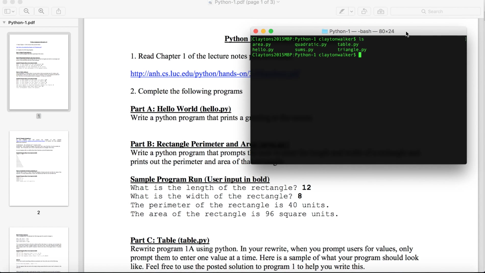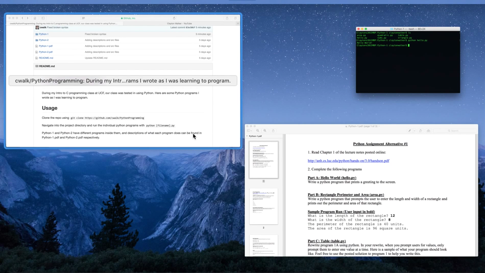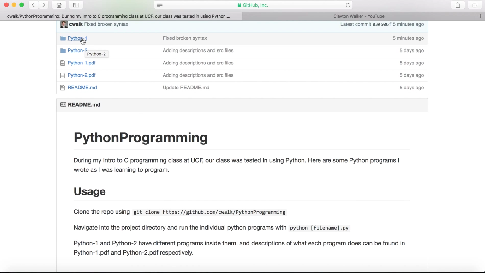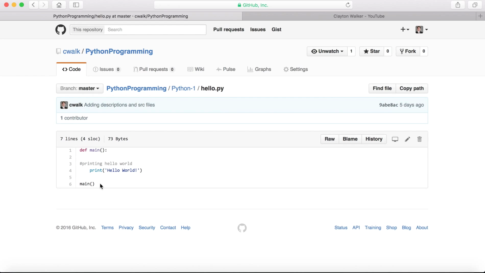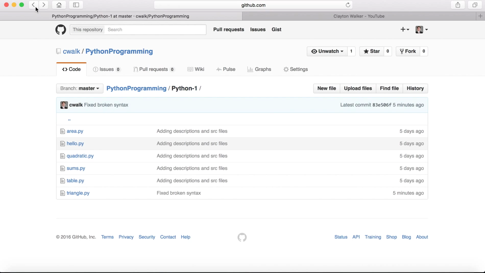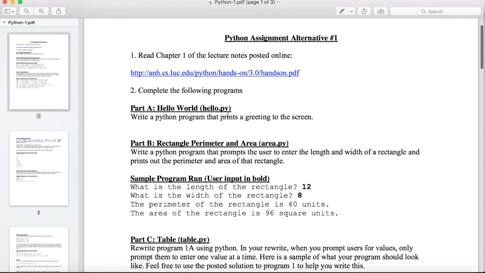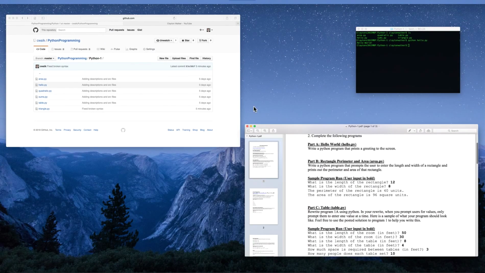So the first one was just the basic hello world, where we're just printing out something. So let's go ahead and run that. You see it prints out hello world. And we can look through the code real quick. It's basically just doing a print. For the area,